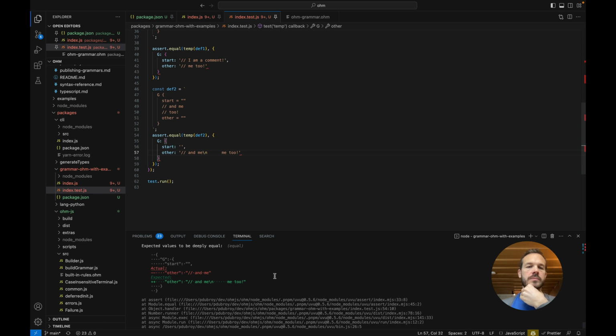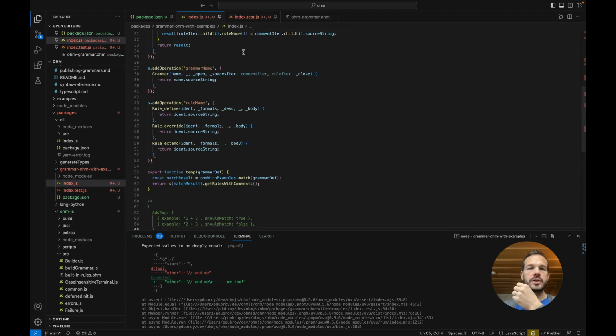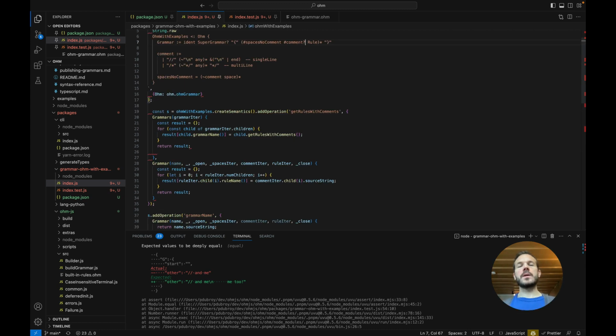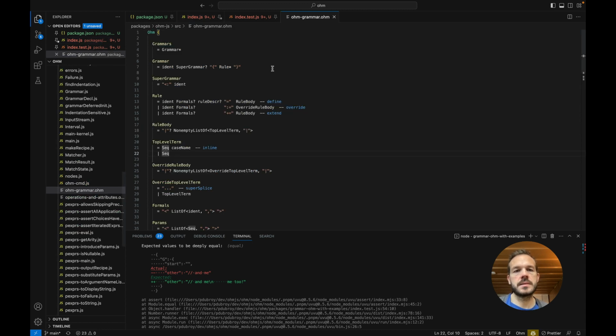So the comment, this is failing because I think we only matched an optional comment, and because we're using single line comments here, that's not enough. Oh, this is tricky. This is kind of annoying. We're going to get into a nested case. We're going to have to introduce a bit more complexity to this rule, I think, because